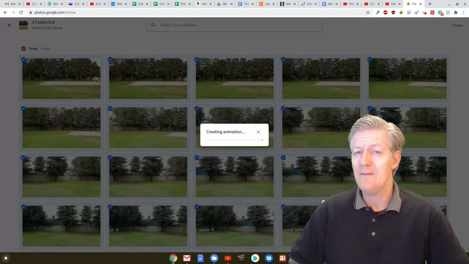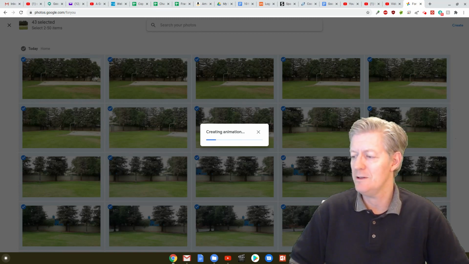This will be a GIF image, by the way, that you'll be able to use on social media. You can download it and do other things with it. I'll show you those in a second. Hey, there it is. Now it's going to create it and then present it to you like this. Depending on how fast your internet connection is, that's how long it'll take to create the image. If you have fast internet, it creates it pretty quickly. And here you see me going around, just panning around the park near our home.